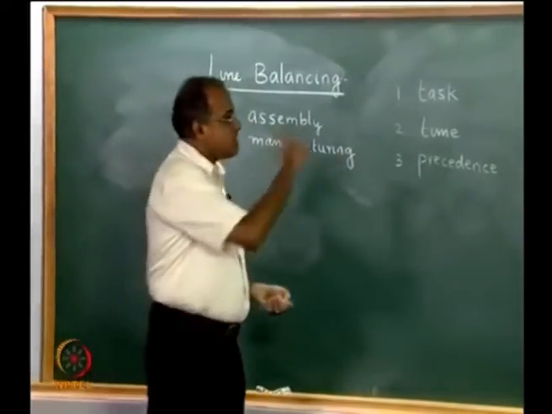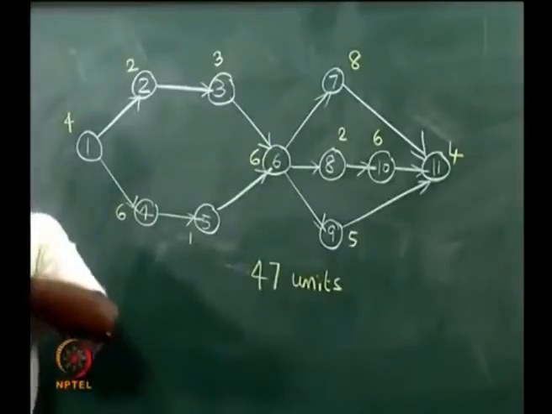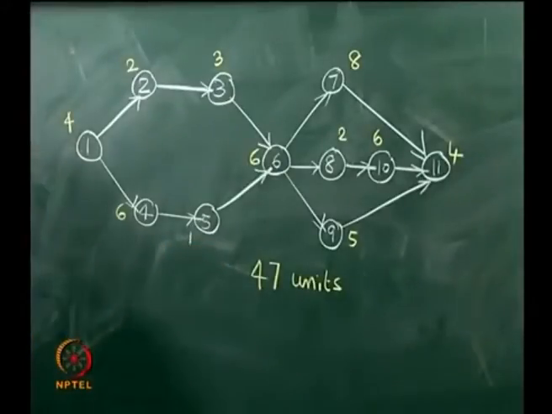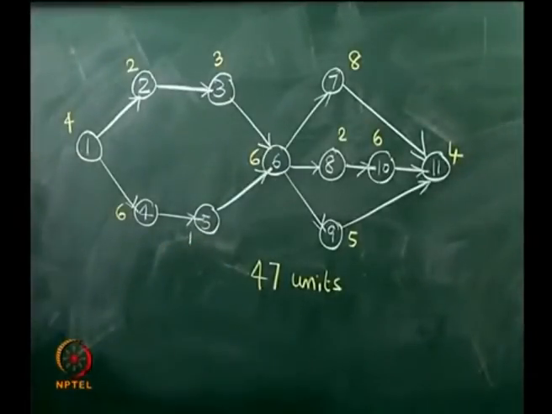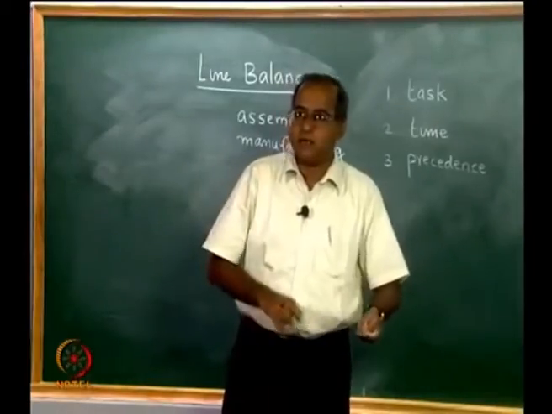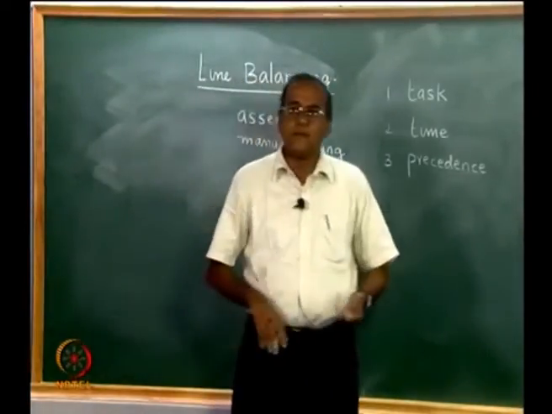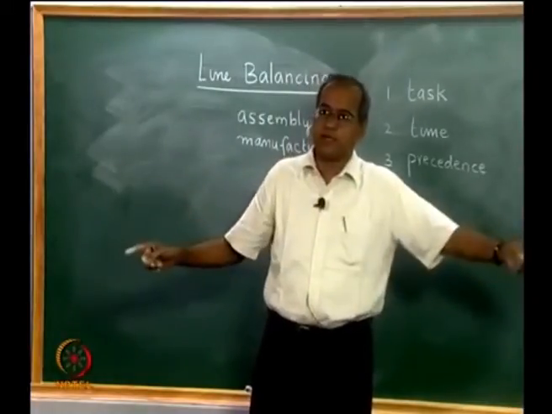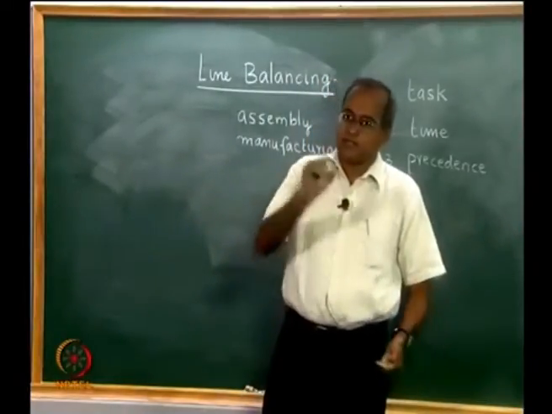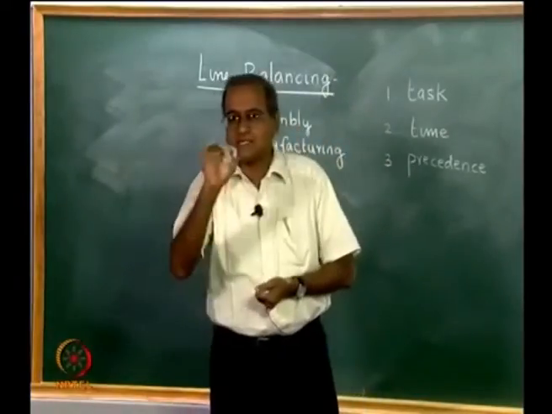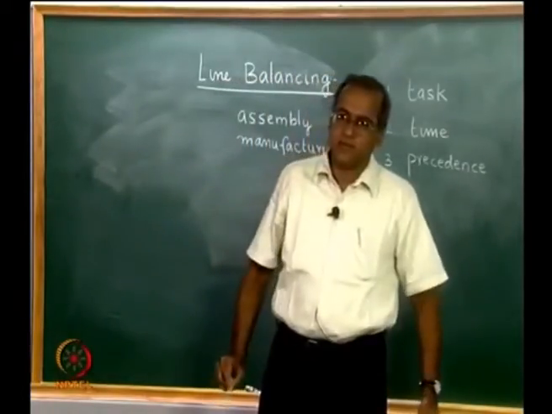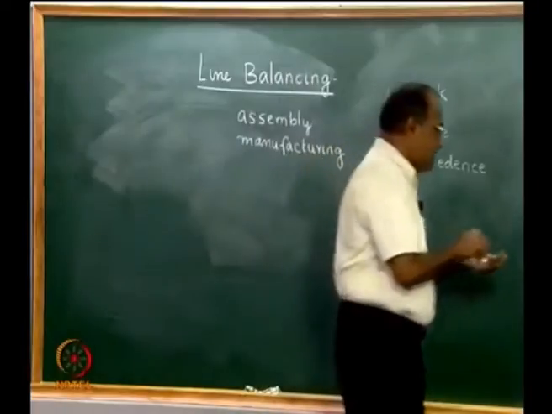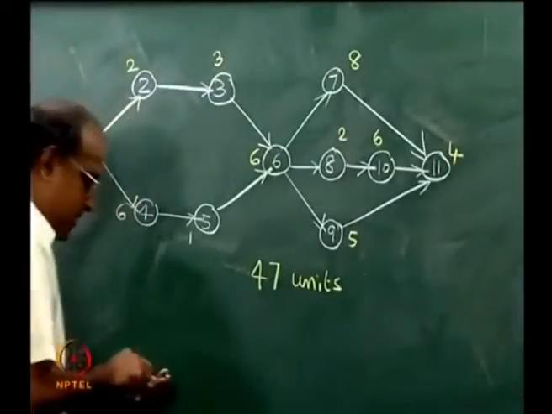Now, if we assume that we are going to have 11 workbenches, where task 1 is done in workbench 1, task 2 in bench 2, task 3 in bench 3 and so on, and if we put 11 operators, 1 for each, and assuming that each operator has the skill to do that activity, then if we start the line